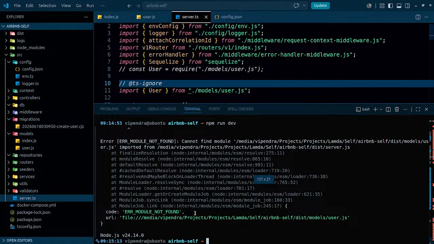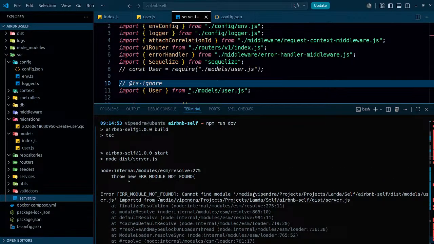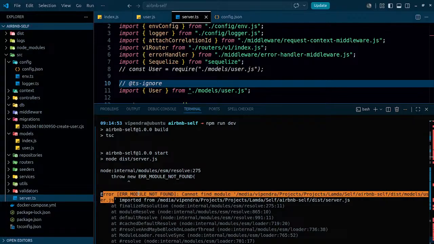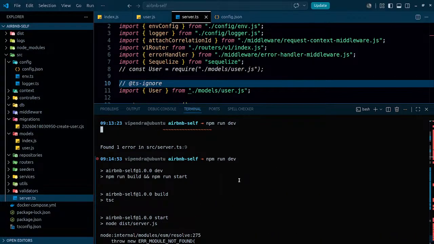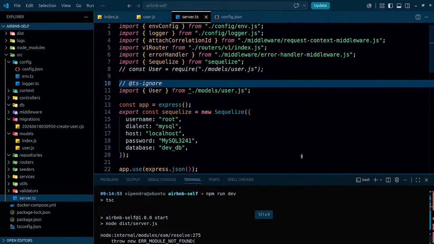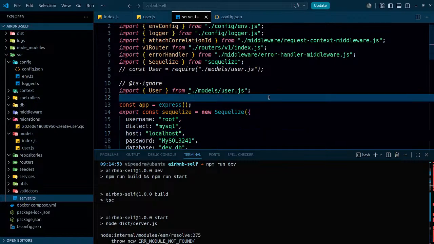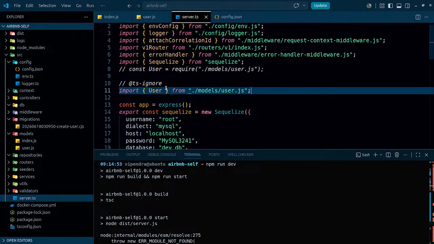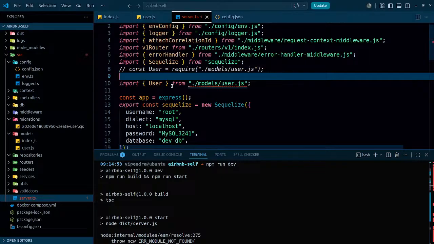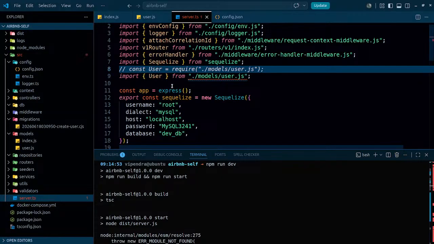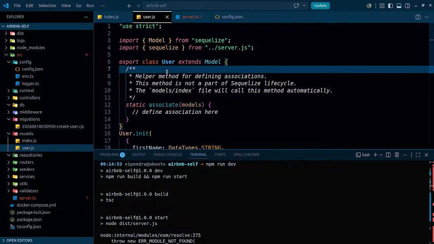Okay, let me see. Airbnb dist models user.js. What is the problem? Cannot find which module. It is unable to find. Oh, that was the same thing. So just unable to find that for some reason. How can we resolve this thing? That's the thing. We are exporting it from here, and